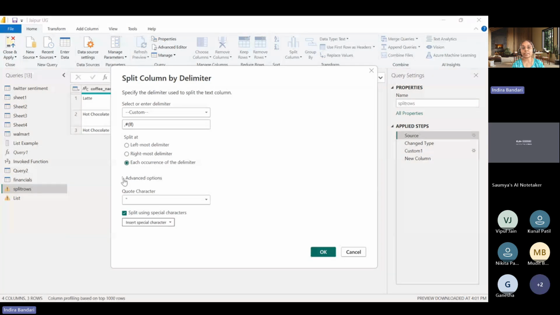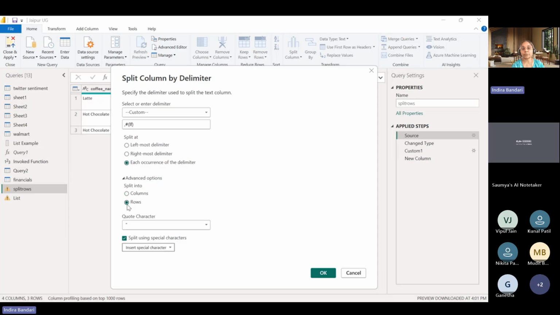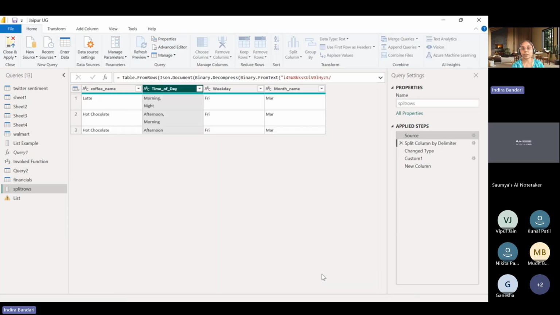So for that, I just click on the advanced options. Here, by default, it splits into two columns, because that is the default. But what I want to do is create rows. So instead of three rows, it will be five rows, because two of the rows have commas in it. So I'll just choose rows, and then if I click OK, see, now you have five rows where morning night